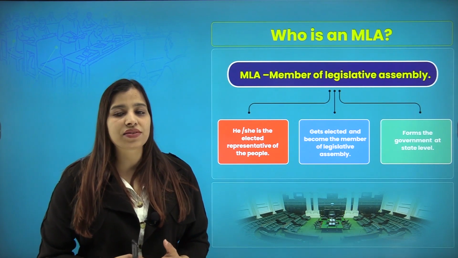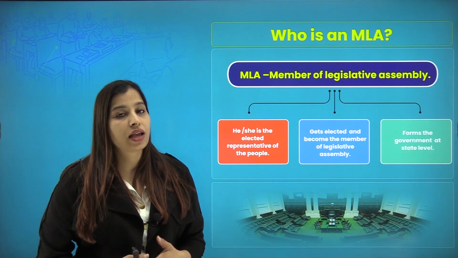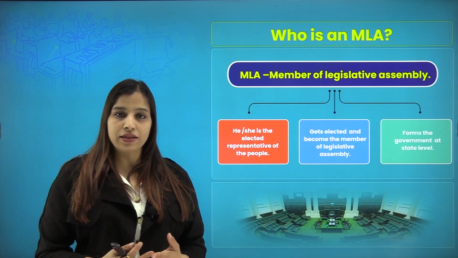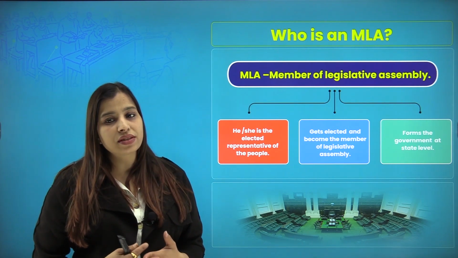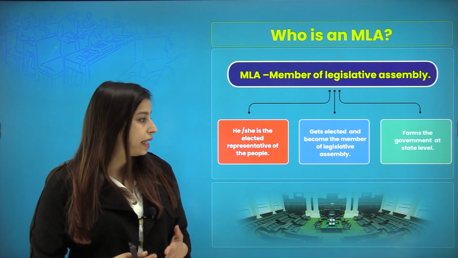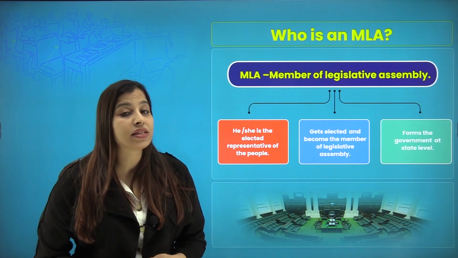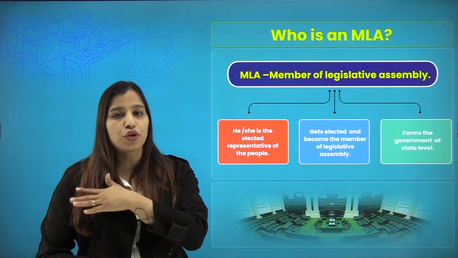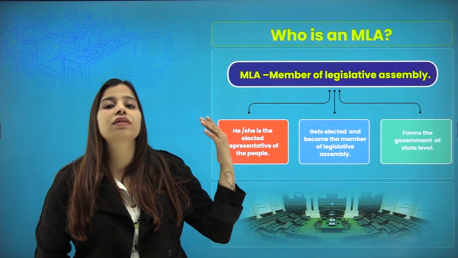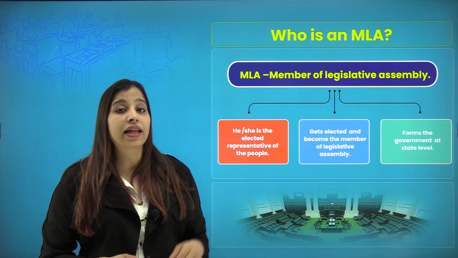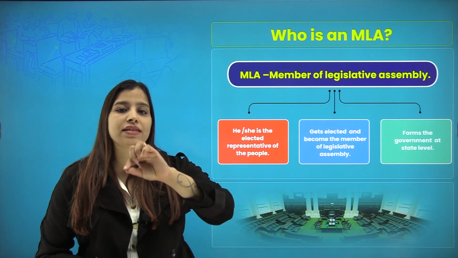MLA stands for Member of Legislative Assembly. Now, what are the key factors? He or she is an elected representative of the people, gets elected and becomes a member of the Legislative Assembly and forms the government at the state level. So this is the entire process. That's how a person comes in the category of MLA, and that is why we say Member of Legislative